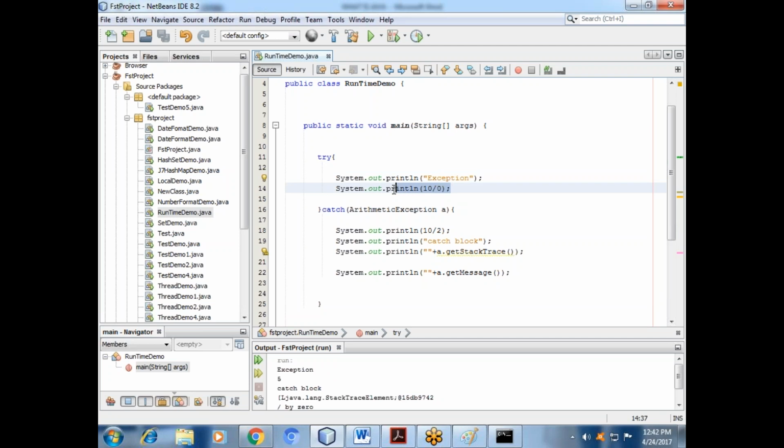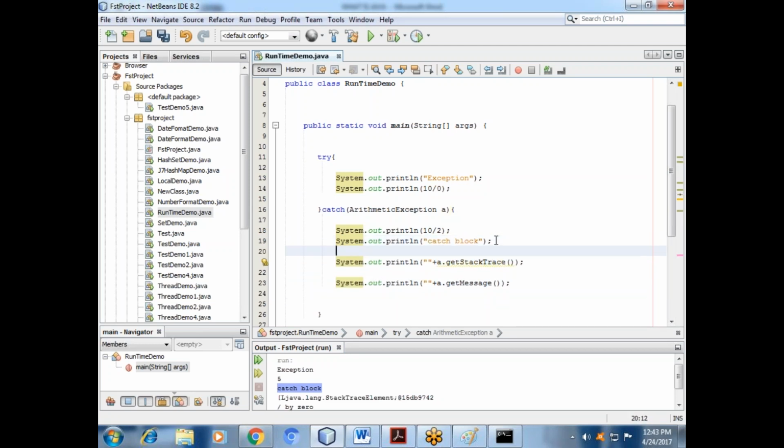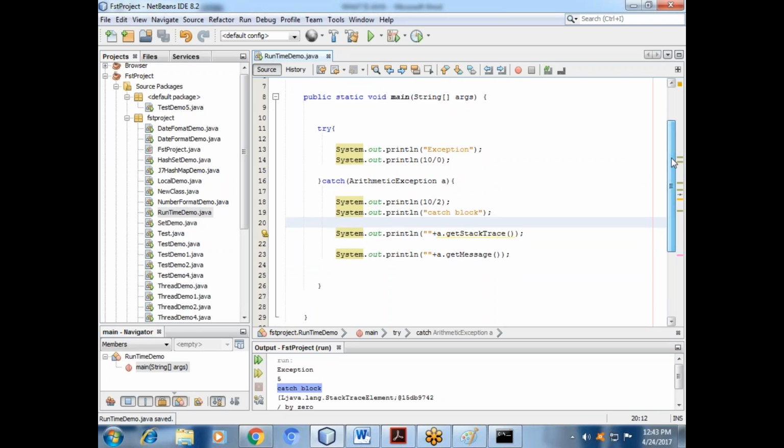Then they skip this one because of the arithmetic exception. Then it will go inside the catch block. They get an output, and then it will go to the message in the catch block, and then we will print whatever we get from the stack trace. Got it? So this is the way you will get the different scenarios. Based on the scenario you will understand.